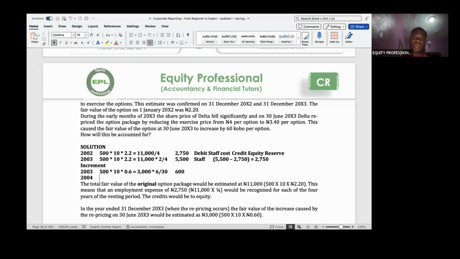I can just stop here because this question didn't really want us to continue to 2004, since they didn't give us estimates in 2004. But just for me to explain how you spread this 3,000 over. So let's assume it's still the 10 employees that will vest at the vesting date. So it's still 500 times 10 times the increase, which is still that 3,000. So in year two now, it will be 18/30